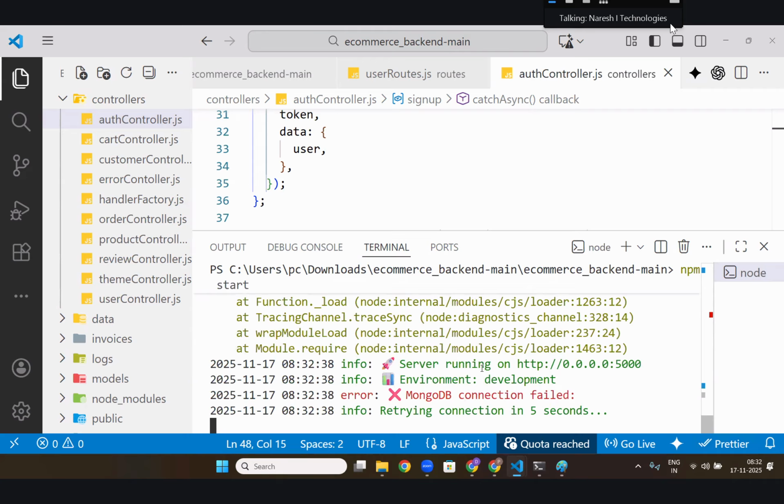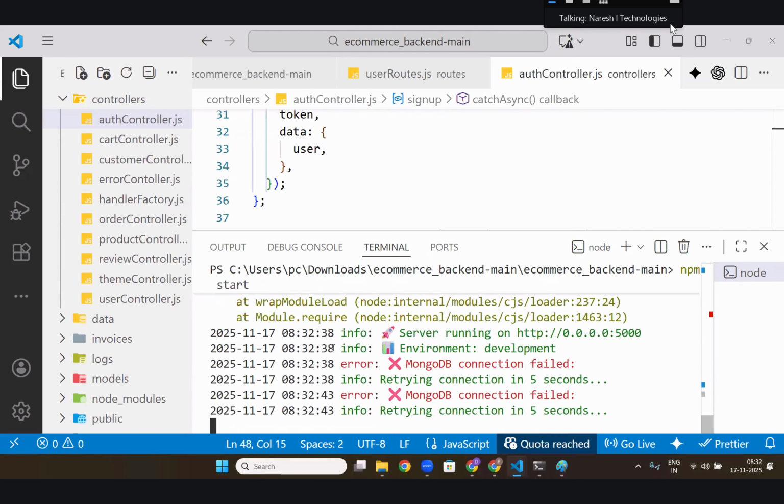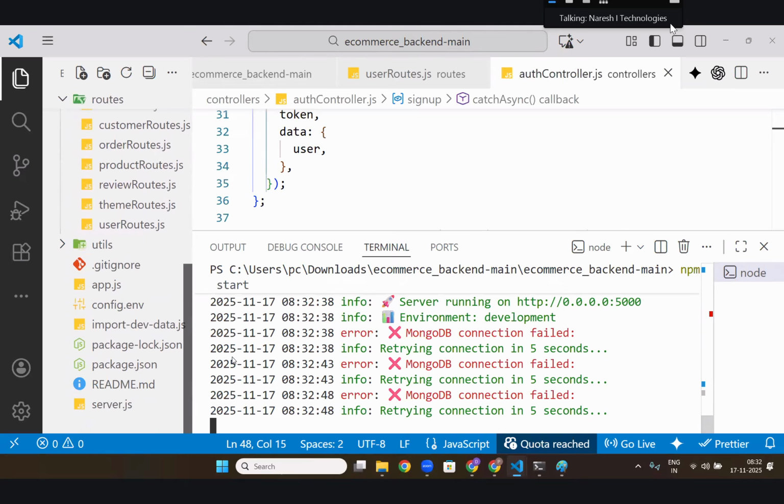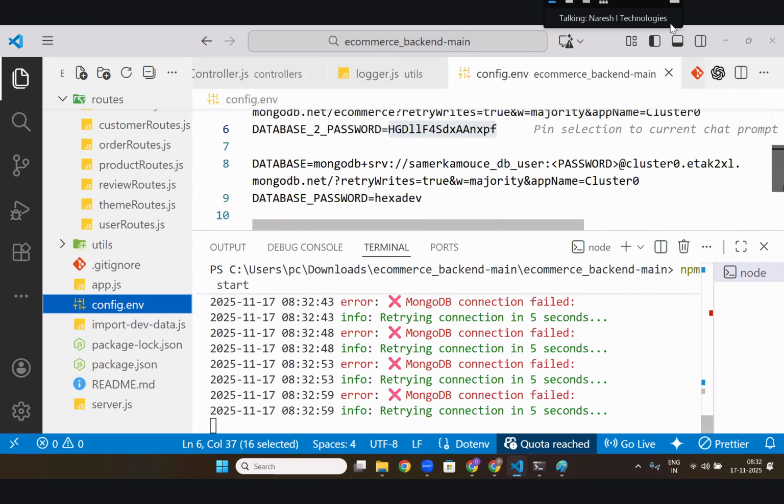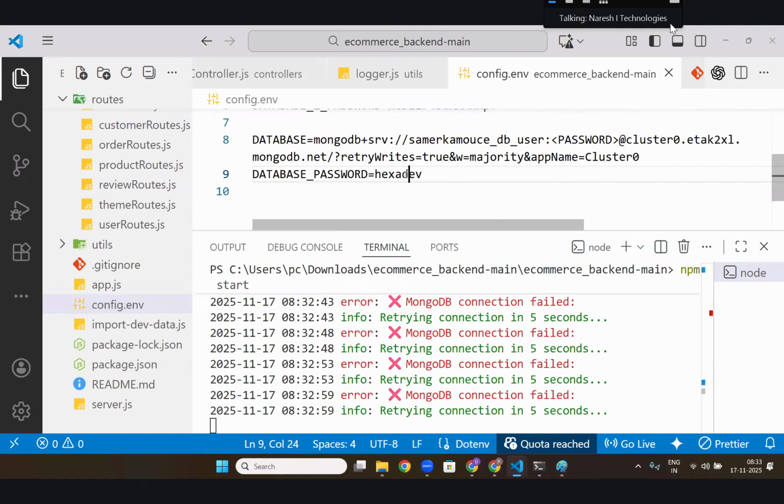MongoDB connection failed. It failed because I don't have this MongoDB in my system. Maybe this particular person put a password and those connections were wrong. But if the MongoDB connection is correct, if I put the correct password here, I have to give it here.